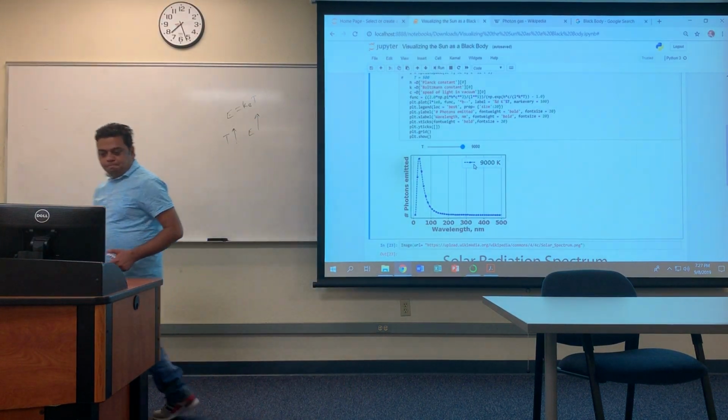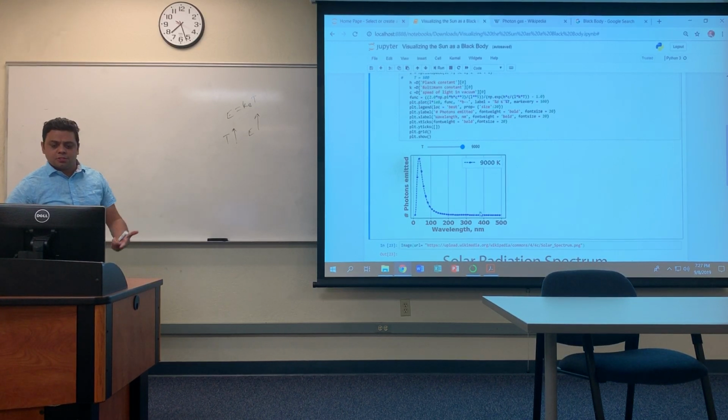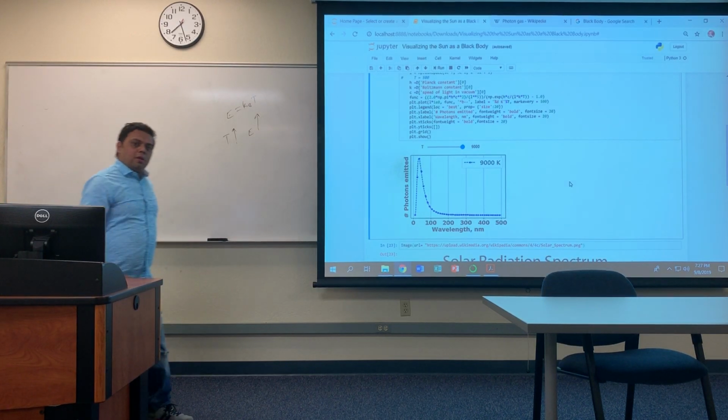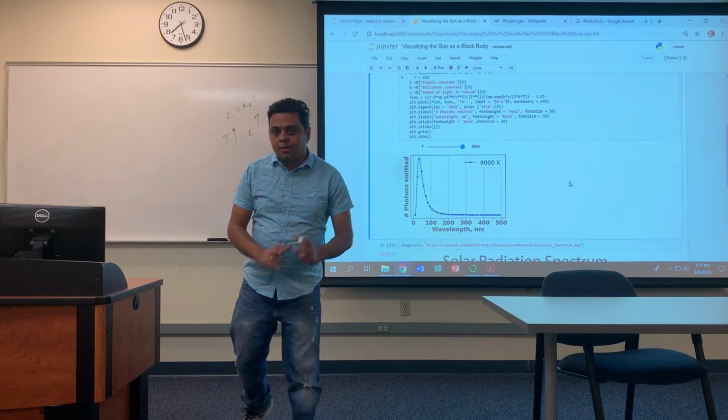And so, like you see here, this is a very well-defined function, and it's very interesting to see that the peak is at one particular wavelength, and that has a different meaning as well. But at this level, let's not go into that depth. And what is the actual irradiance of the sun if you measure experimentally?